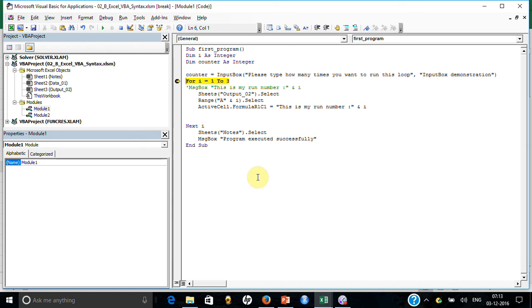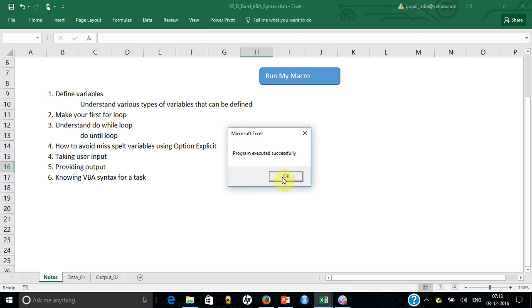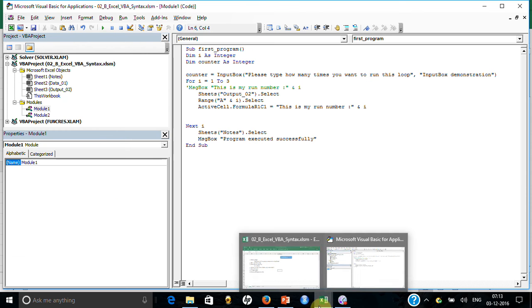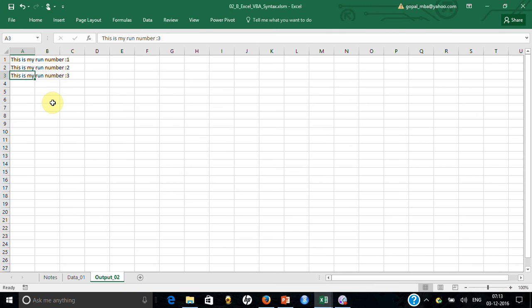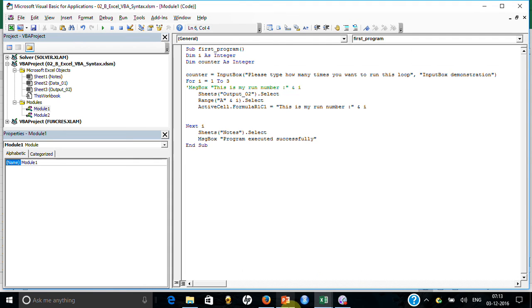Now in fact I can press F8, F8 here, and it will keep moving step by step. I know it is 5 times. For the time being I'll just stop it and run it, and look, project executed successfully. And look at here what has happened. It has written, but it has written just 1 to 3. Okay, I stopped it. So let me do it again this time,